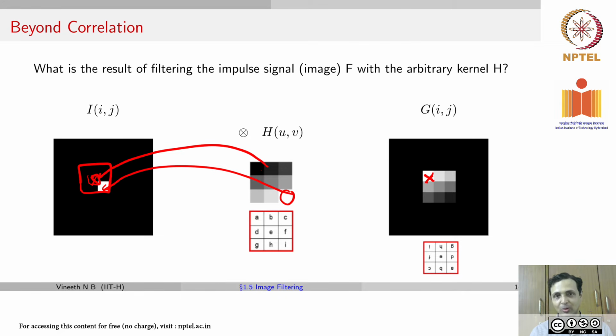And you keep doing this over and over again at every pixel. Let's take one more example. If you took this pixel on the output, which would be this pixel on the input, you take the same kernel, place it here as a 3x3 neighborhood, and you would see that the only value that would get highlighted is the one which is here, which would get multiplied by 1. Everything else would get multiplied by a 0 because of a black, and the output would be black itself because that's the value here.